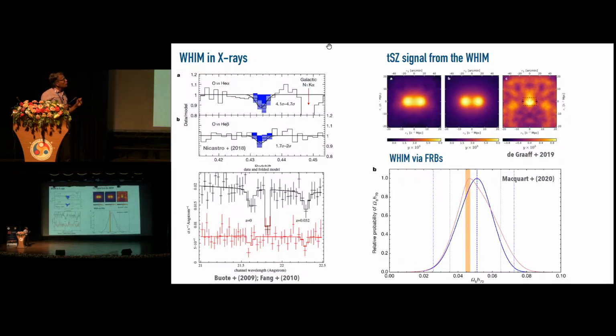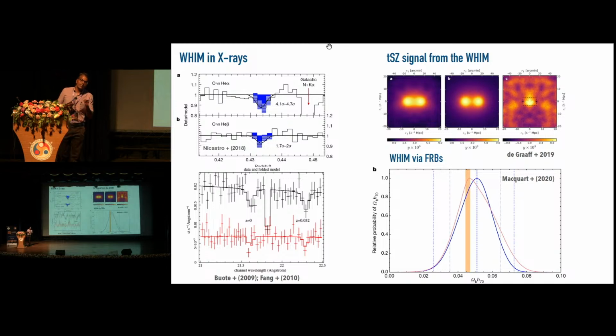There have also been attempts to look at the WIM through the Sunyaev-Zeldovich effect. Now WIM by definition contains highly ionized gas, so there are a lot of free electrons present at large temperatures. The only challenge here is that the signal is very weak, so one has to go for a statistical stacking approach. Just to give an idea of the strength of the signal, the signal is going to depend on the electron density and also on the temperature. So if you compare the electron density and the temperature of a WIM filament with that of the hot intracluster core, then